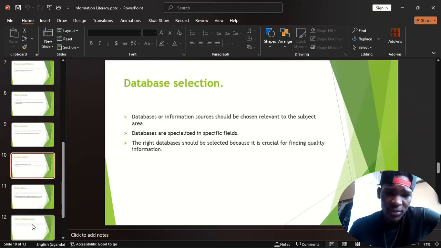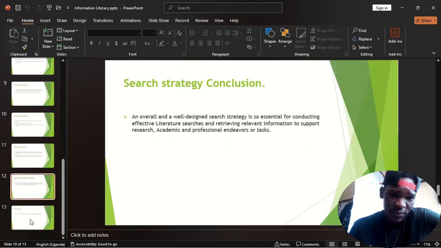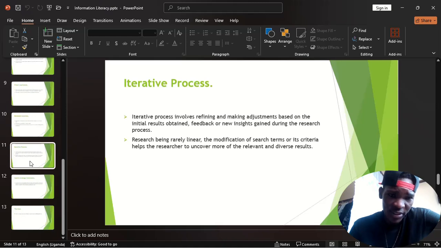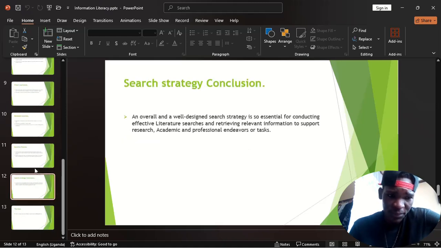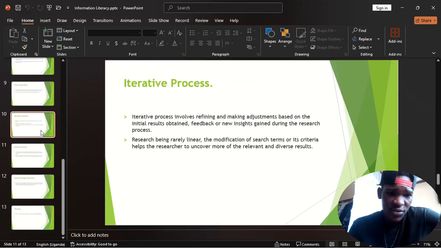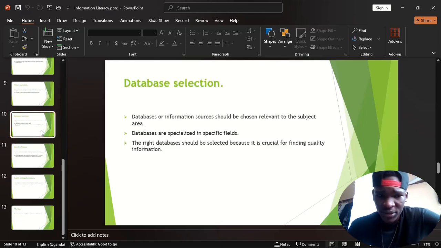So in this video, I will be taking you through what we call the database selection, and the last one, which is the iterative process. So the database selection here,